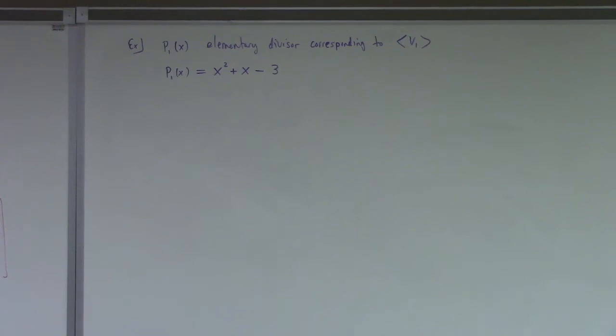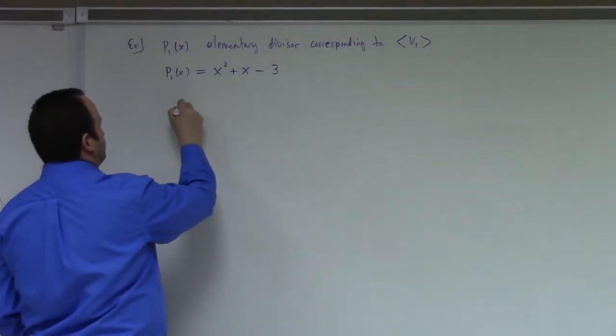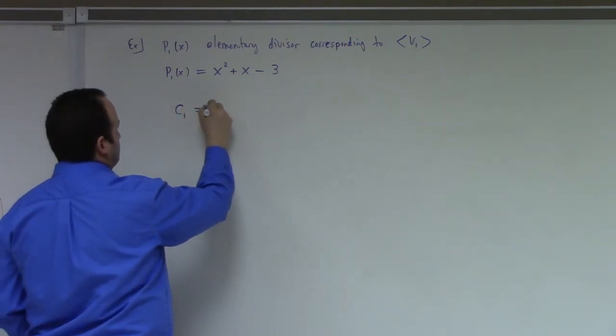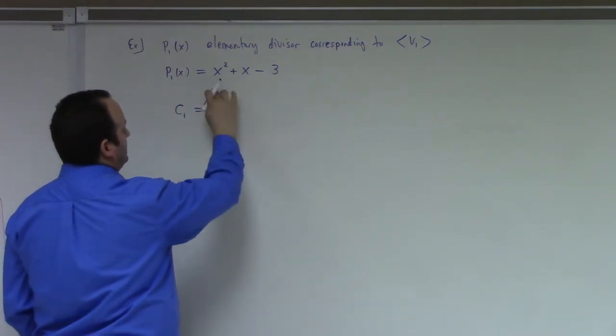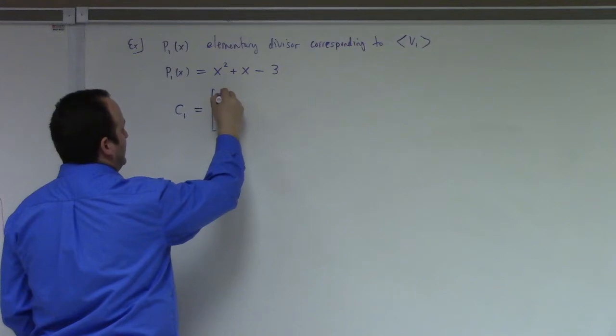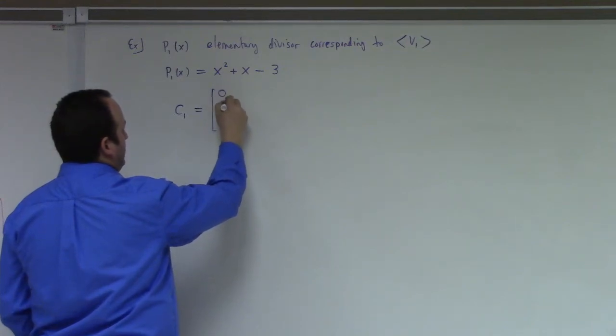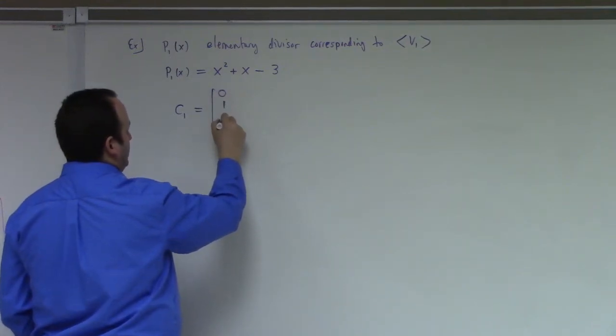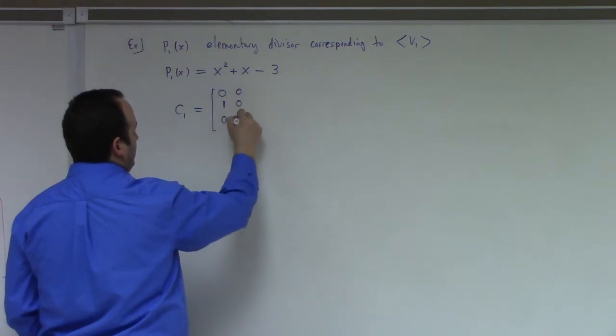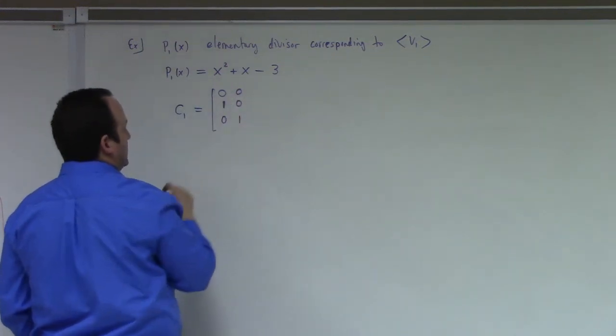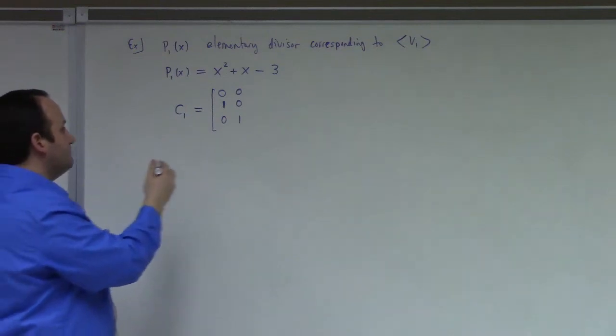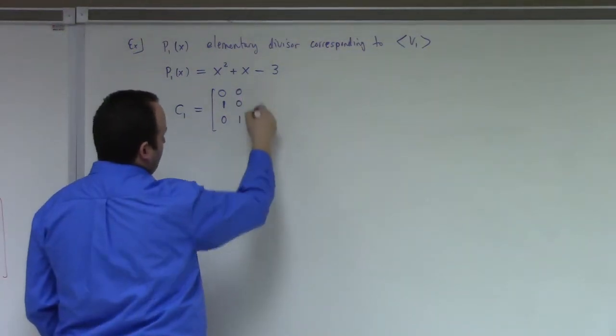So what would the companion matrix to this be? Well, I worked it out, right? I'm just going to reiterate the result here, but it works out to 0, 1, 0, 0, 0, 1. So those are your ones below the diagonal, all right? And then in the last column,